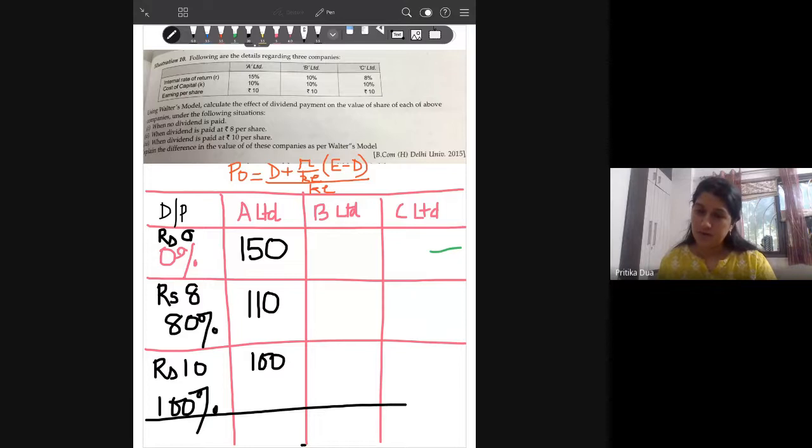100 for B Limited. Is this at the first ratio or throughout? Oh dear. This is throughout,